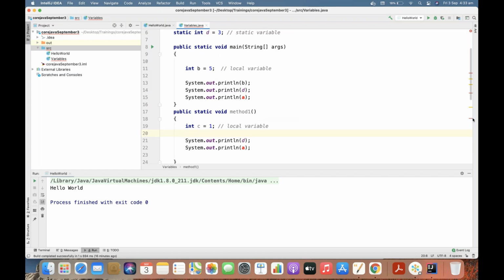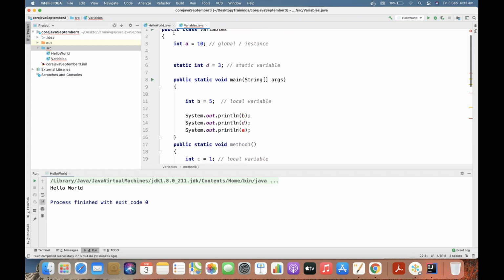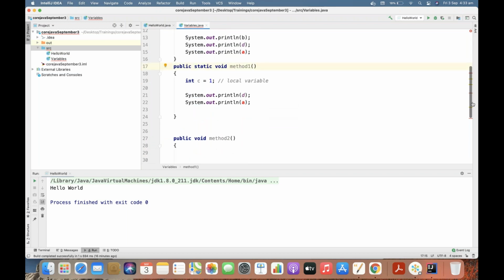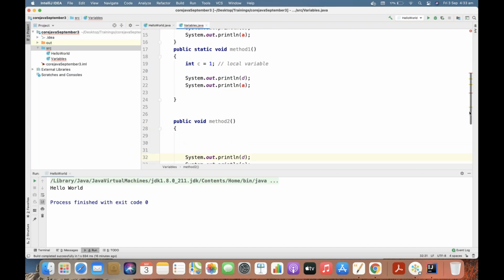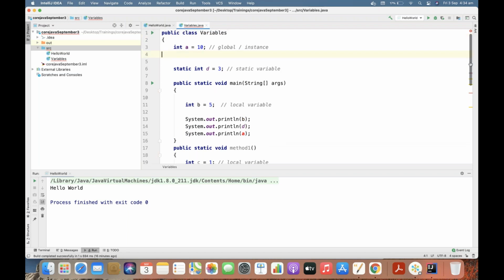But why am I getting an error for A here? Because A is non-static and this method is static. Non-static is being used in a static method. But see, am I getting an error for A here? No, because this is non-static. So non-static can access both static and non-static, but static can access only static. But there is a way to access non-static inside static by creating an object of the class. We'll see objects and classes in high detail later.